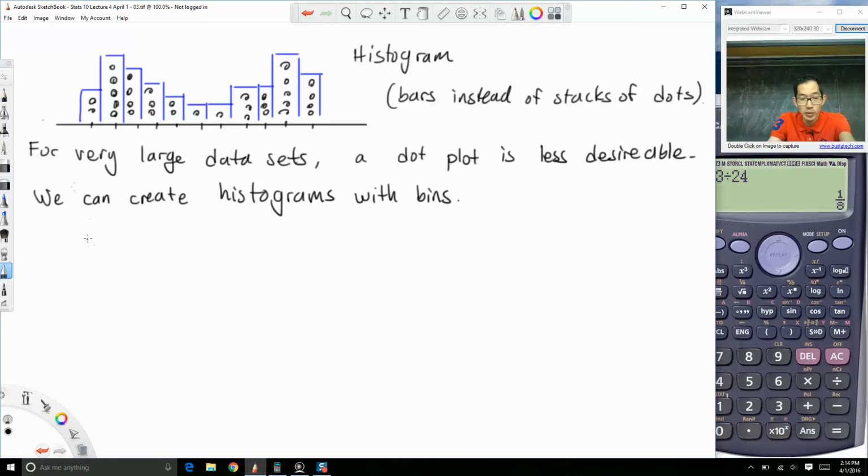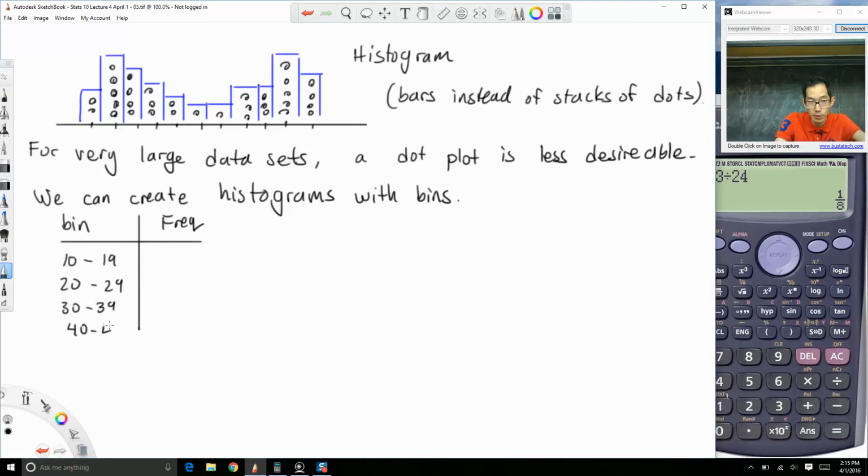Okay, and so with a bin, basically, it's like a frequency table, and we're going to take the values and group them together. So for age, we could do 10 through 19, 20 through 29, 30 through 39, et cetera, 40 through 49. Let's say we have 7 here. So this means that in our data set, there were 7 people with numeric values